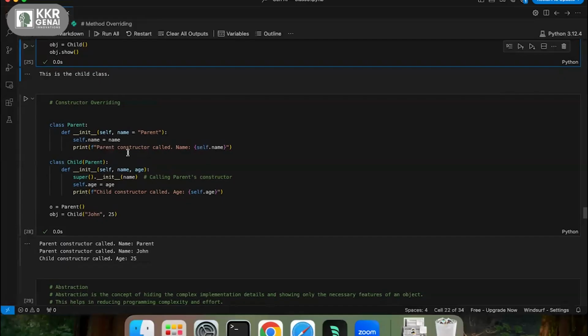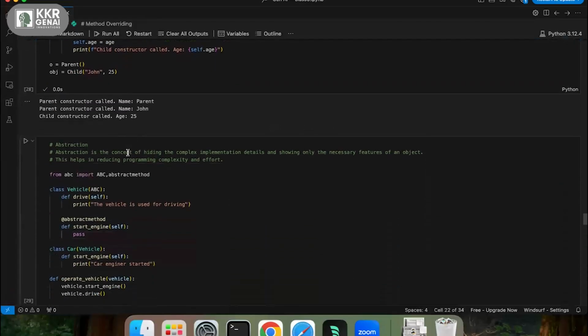Overloading isn't supported in Python, but somehow we can do constructor overloading and constructor overriding and method overriding. We can also do overloading, but not in the same sense that we do in other programming languages.